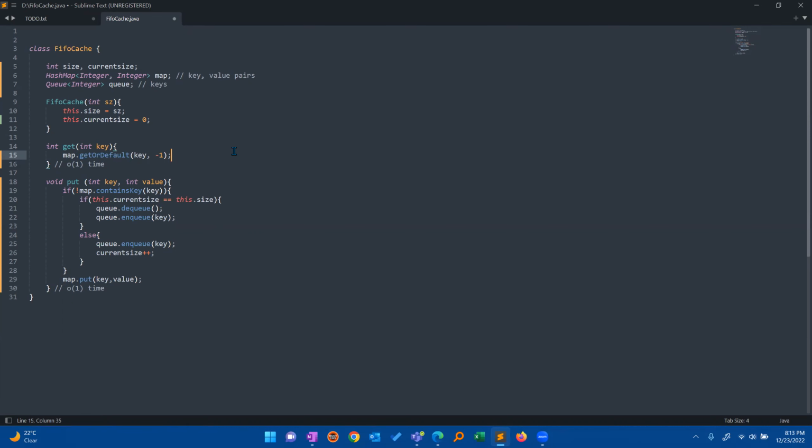Remove it from the map. We have to remove it from the map. Perfect. So we have to do this here. We have to maintain this somewhere, what we are dequeuing. So it can be a